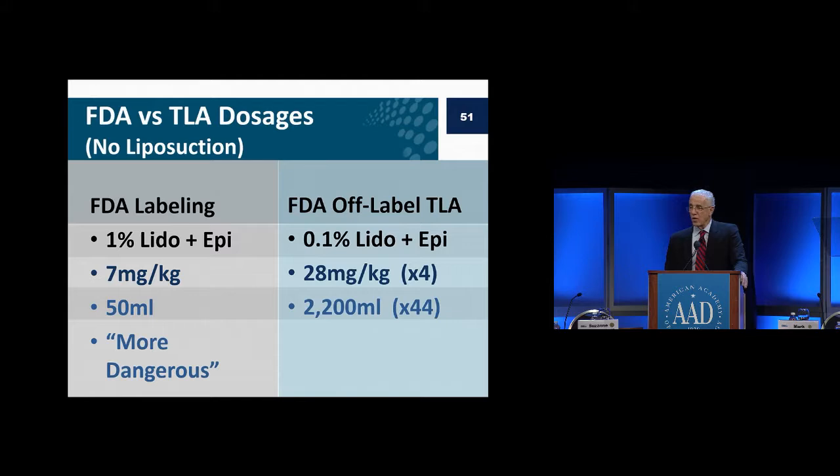The volume under the FDA restrictions is 50 milligrams, and without any liposuction, the volume is over 2 liters of fluid that can be used. So that really extends the type of surgeries that can be done. And in that respect, I regard the 7 milligrams per kilogram approved by the FDA to be dangerous, because it